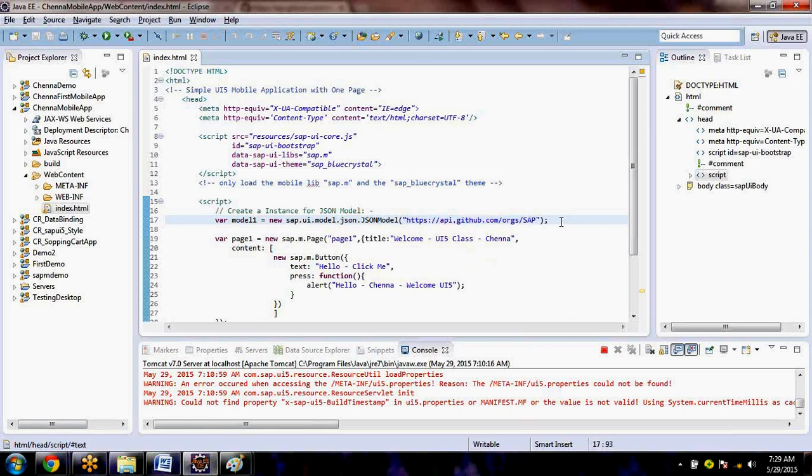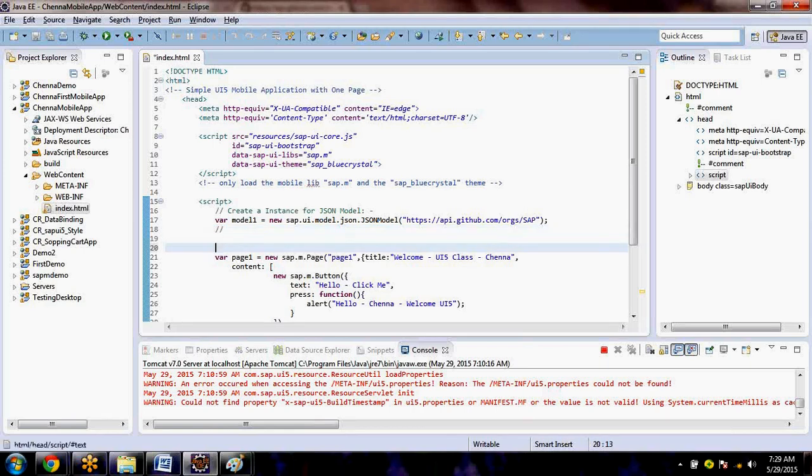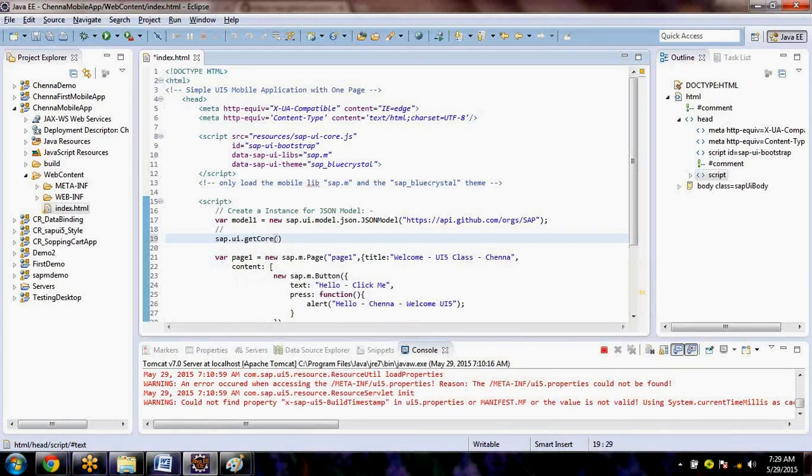So the next step is, okay, I'll write the query. I need to set the data. sap.ui.getCore().setModel. So I am setting the model.